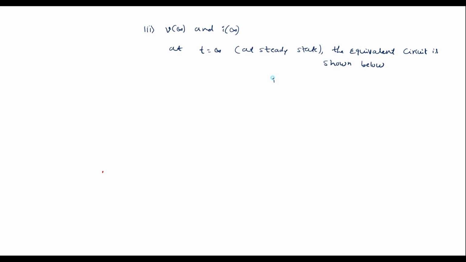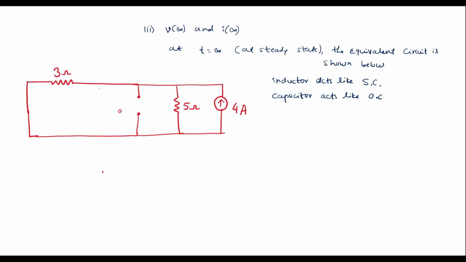That is, inductor acts like short circuit and capacitor acts like open circuit. The equivalent circuit looks like this. So here the voltage is V of infinity, and assume that current I of infinity is flowing in the circuit. Now let's find I at the